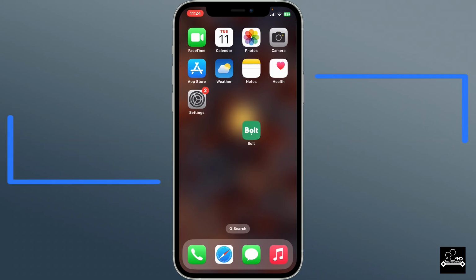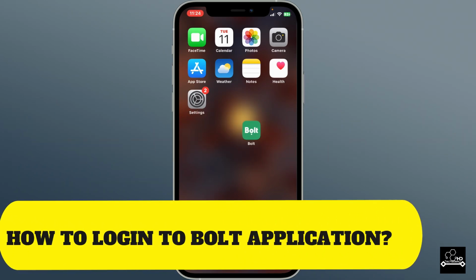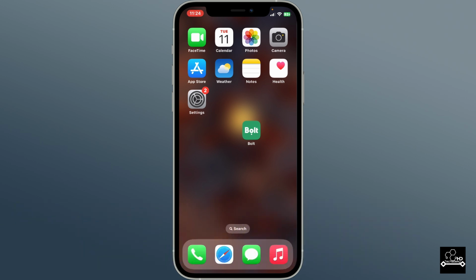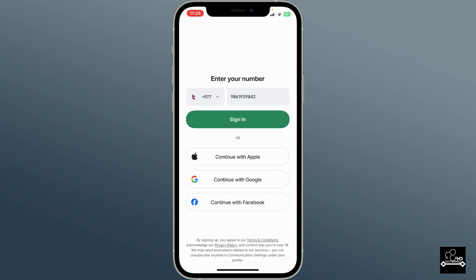Today in this video, I'm going to show you how to log into your Bolt application. Whether you are switching devices, reinstalling the app, or returning after a break, this guide will help you access your account without losing progress. First of all, open the Bolt application on your smartphone, and in the login screen,